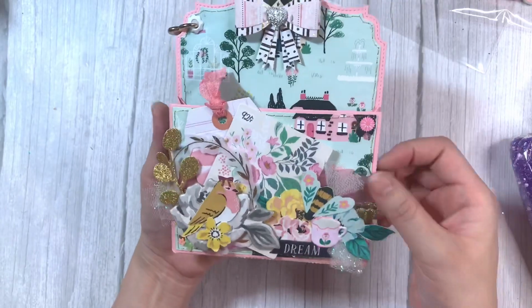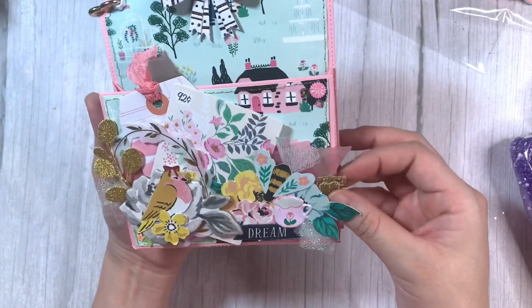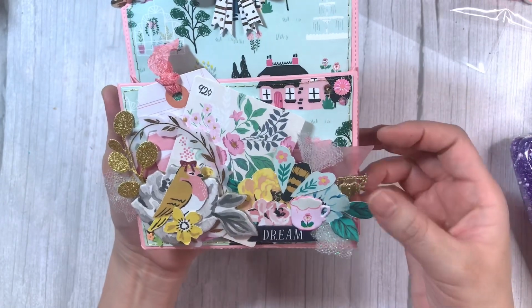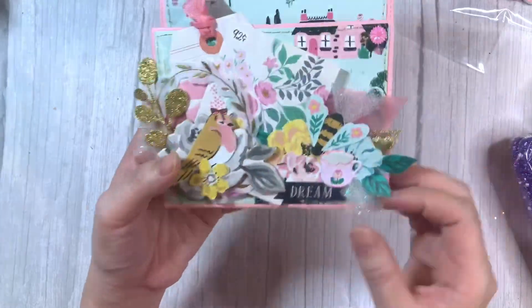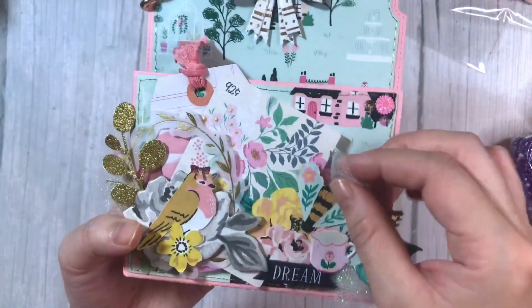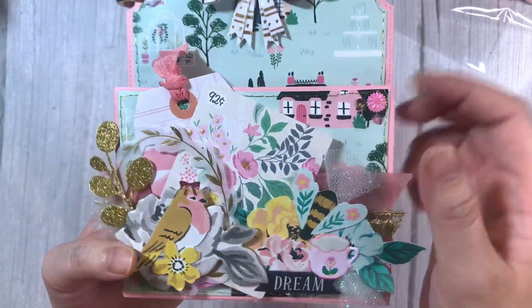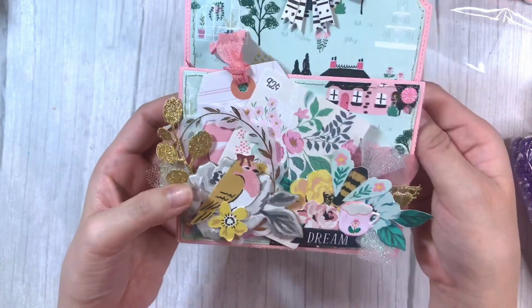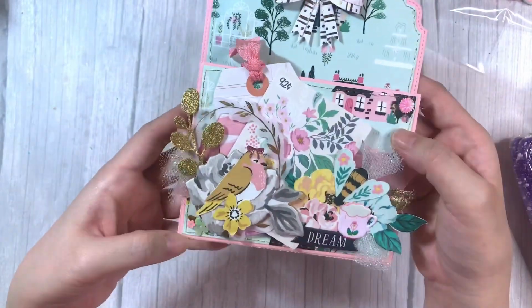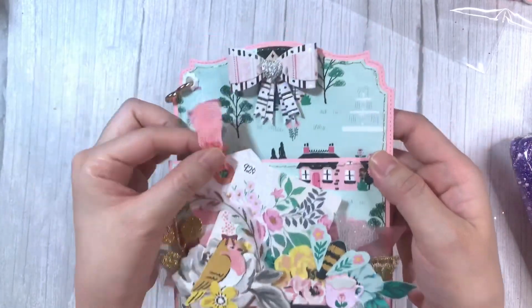And then I just have some pink vellum ruffled on the bottom. I have this gold heart trim that I recently hauled from AliExpress. I used the puffy stickers as well. I also popped in some pops of sparkly tulle, and I love the effect that that gives. I have some sequin clusters using sequins all from AliExpress, and then I just added a little bit of seam